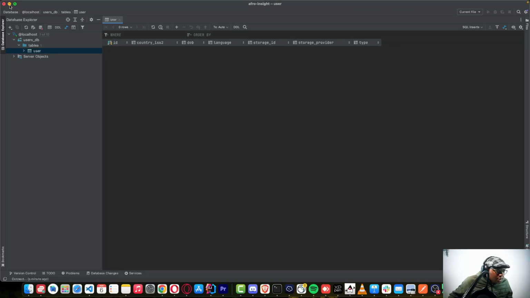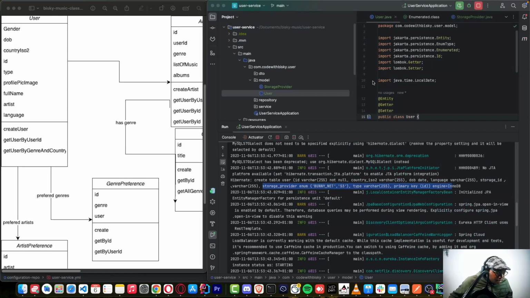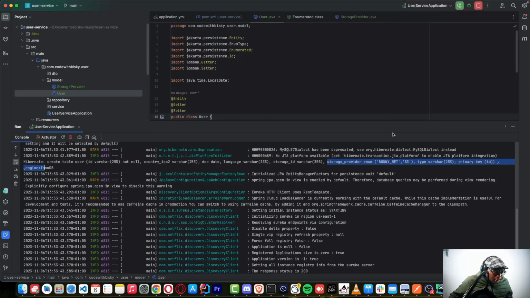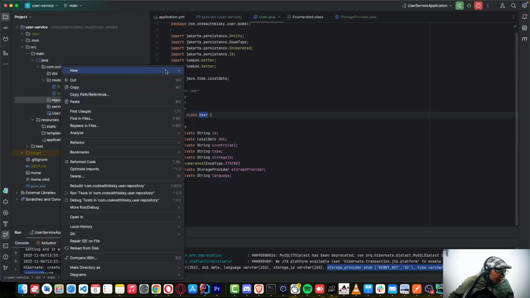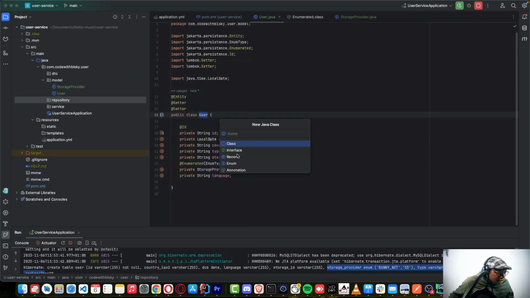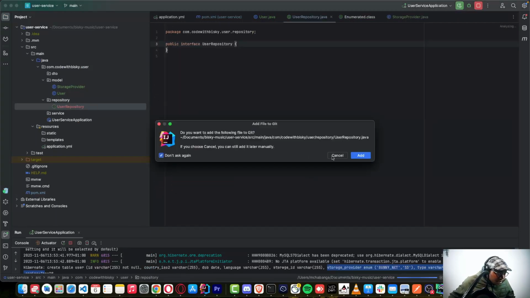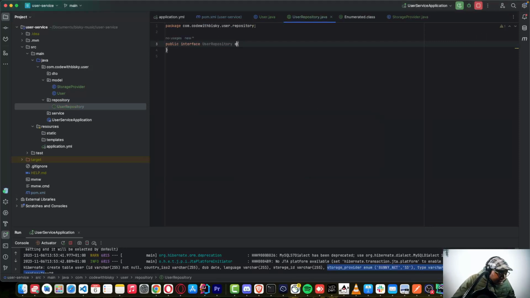So what we can do now, we have the table. So let's create a repository so that we can save these details. To create a repository, we need to create a repository which is responsible for saving this. So we can go to repository and create a new Java interface, and we call it UserRepository. Remember. Then let's extend